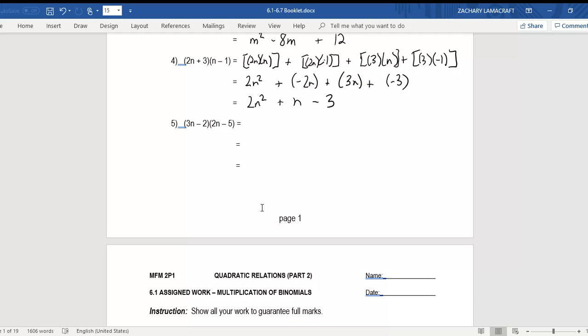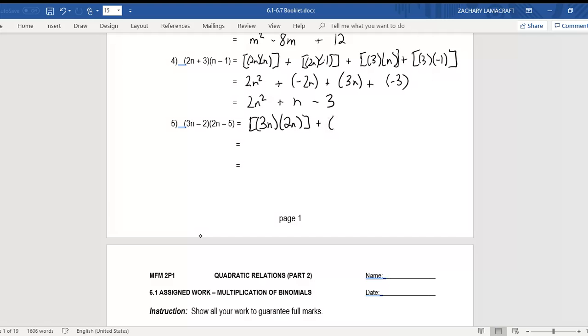Okay, I'll ask, does anyone else want to help with that last one there? No? Okay. No sweat. Okay, so our first bracket would be 3n times 2n